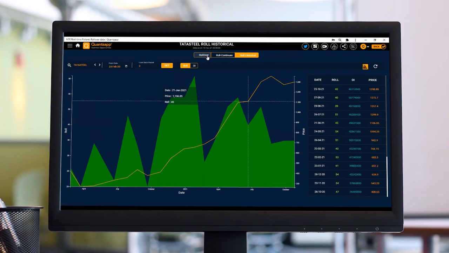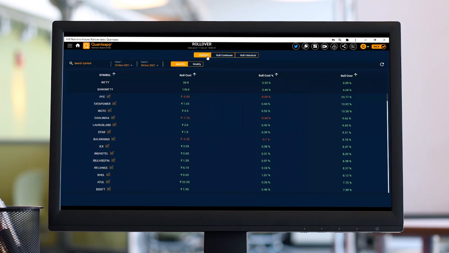Now, coming to gauging the sentiments of the market using rollover: if I have Tata Steel's November futures and I am opening the contract even in the December series, it means I am putting my confidence even in the next expiry. Let's say I have long futures of Tata Steel.